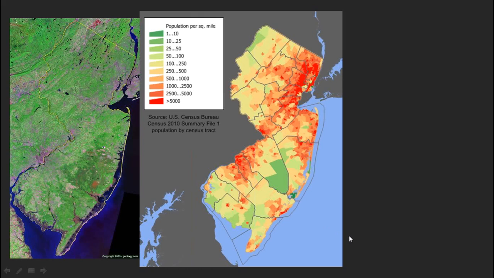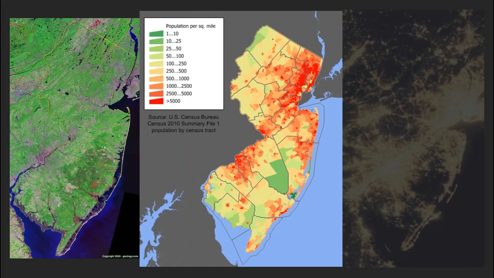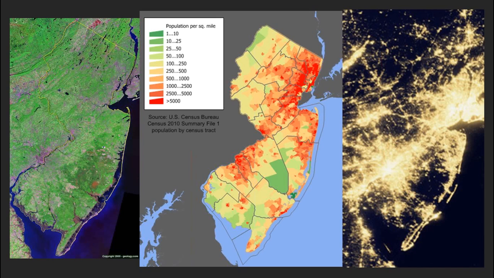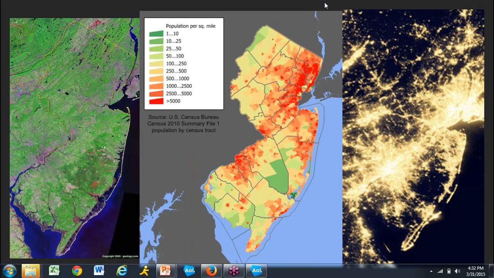To give you a better visual of this population density, I have this image, a satellite photograph of New Jersey taken at night. You can clearly see the border here with New York and the line heading down into Philadelphia. This is an extremely populated area.